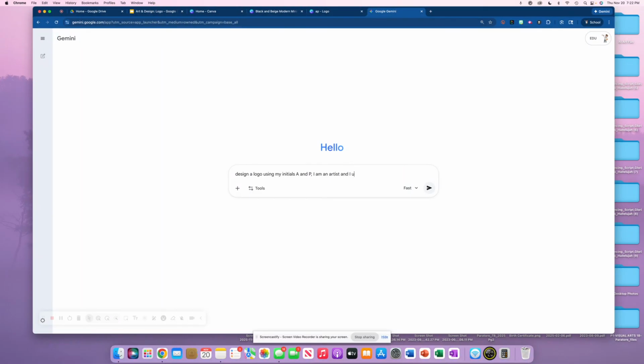And I used the name Art Sensei. Please use a paint brush as a symbol in the design. Okay, so the reason I'm putting Art Sensei here is because I want to see if